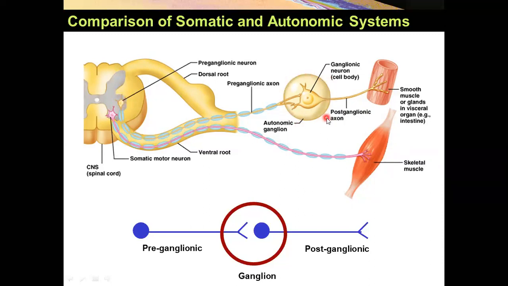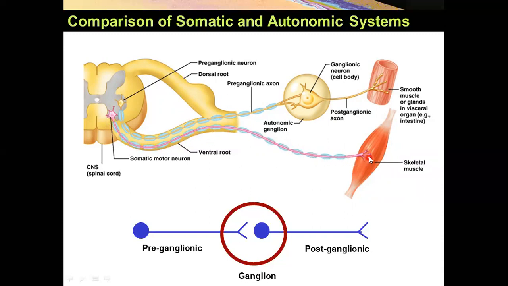Here is the ganglion. Inside the ganglion, there is the ganglionic neuron cell body, and the post-ganglionic visceral motor neuron innervates its target or effector, that is the smooth muscle, glands in visceral organs, or the smooth muscles in the wall of the vessels. Now, as you see here, the somatic motor neurons are heavily myelinated, so the conduction of impulses